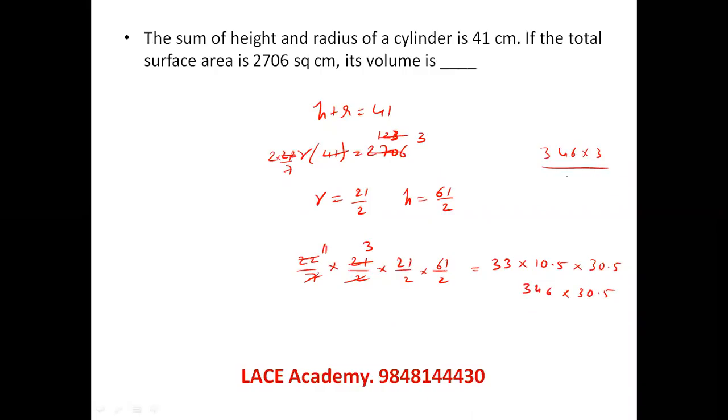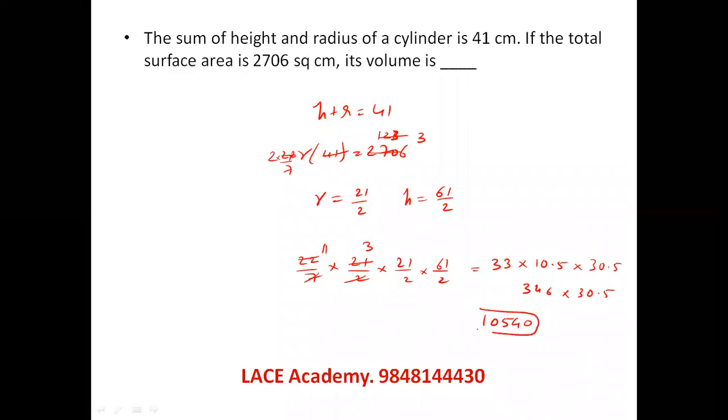You want 900, 120 and 18. So 1038. So 1380, with another half of 346 which is 173. So nearly 10,453 we are getting. So your nearest answer here is near to 10,500.